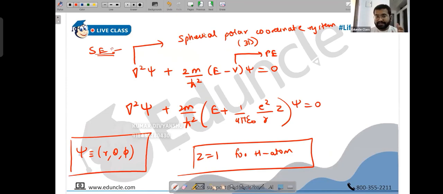And then this has a very long, large derivation which we do not have to do. I'm not sure if you have learned this in BSc or not. Even in BSc colleges, they usually skip the derivation of spherical polar. But anyway,